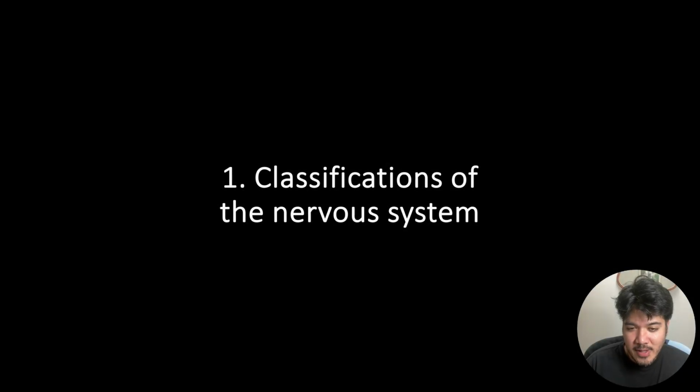Now, when we focus on the classification of the nervous system, it's really important to have a good understanding of how it's broken down. And obviously, the nervous system is a very complex region of the body, and so it can be very tricky to sort of categorize it. But the easiest way to remember it